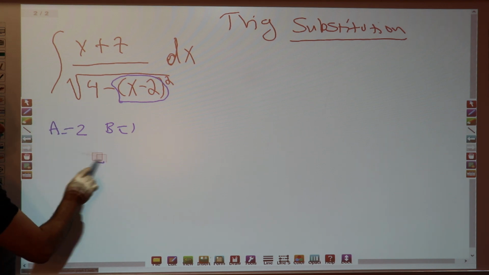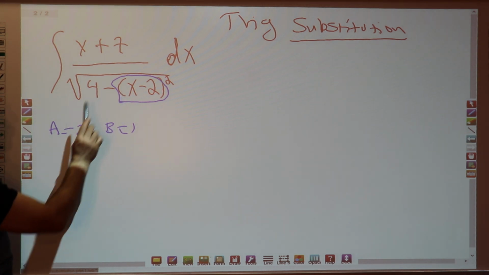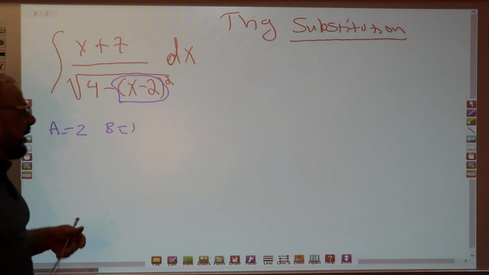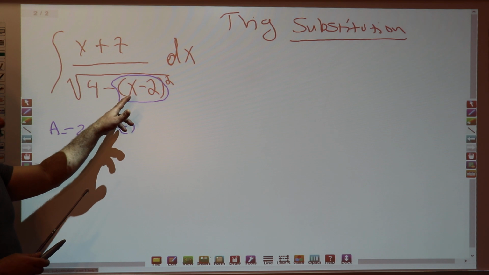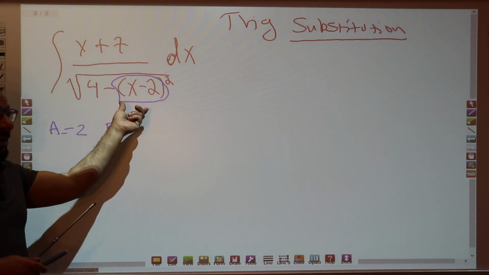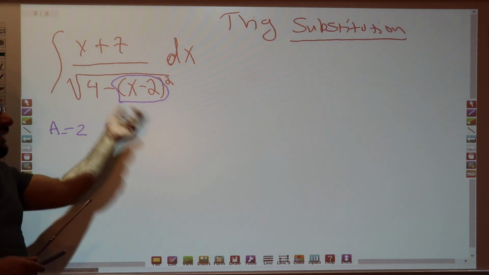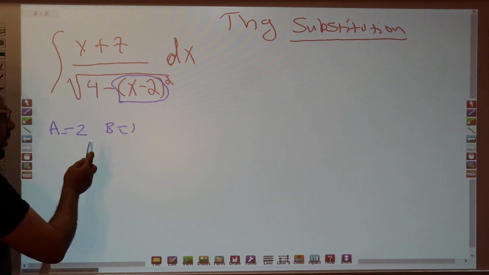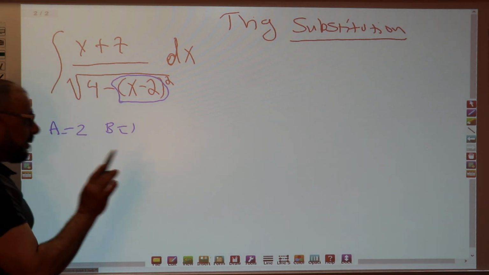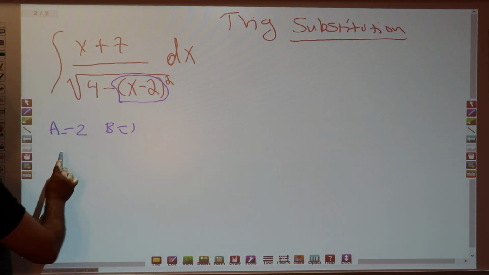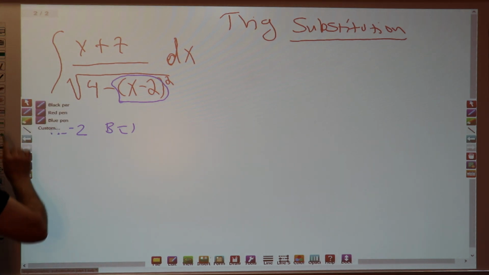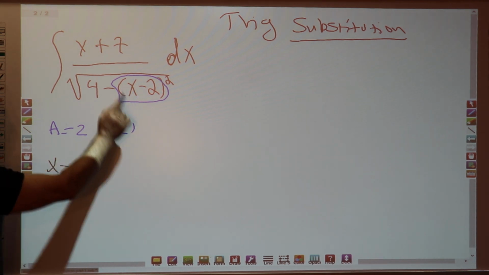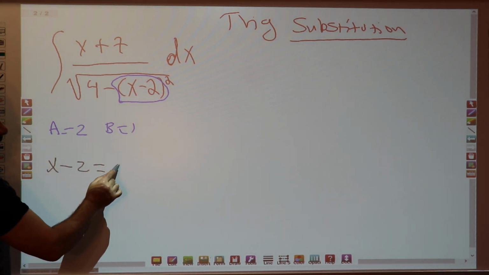I can do 2 steps. If you want, I can do the u substitution first. But if you don't, to make it harder, look here. Some of the teachers are going to use substitution: x minus 2 equal u, then dx. If you want, I can do that, but I'm going to show you both ways. I can do x minus 2 equal, all this as 1 unit,